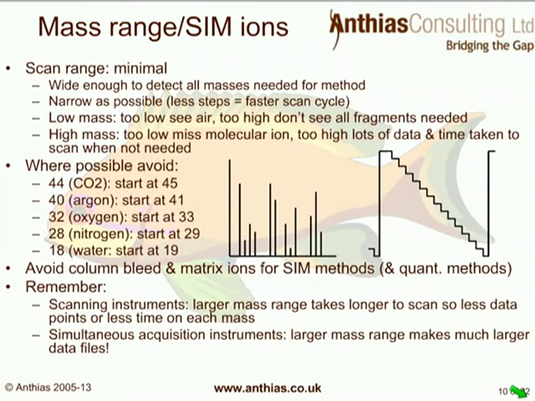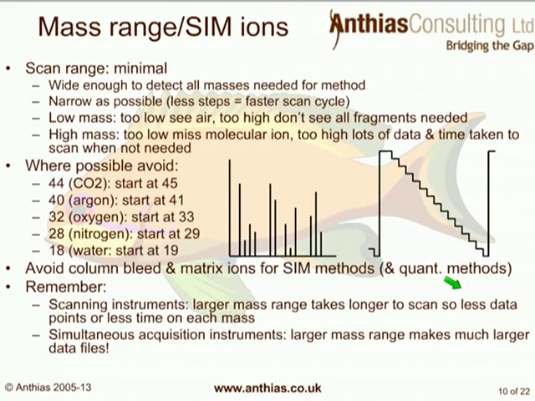So when we're optimizing the mass range or SIM ions, if we're optimizing our mass spectrometer in scan mode, we need to be reducing the scan range down so it's just wide enough to detect all the masses needed for our method. So what's the minimum and the maximum ions that we'd like to see? If it's as narrow as possible, this means that we have fewer steps. If it's a scanning instrument, we'll have a step for every single ion that we're acquiring in our mass range. If there are fewer steps, that means that we'll have a